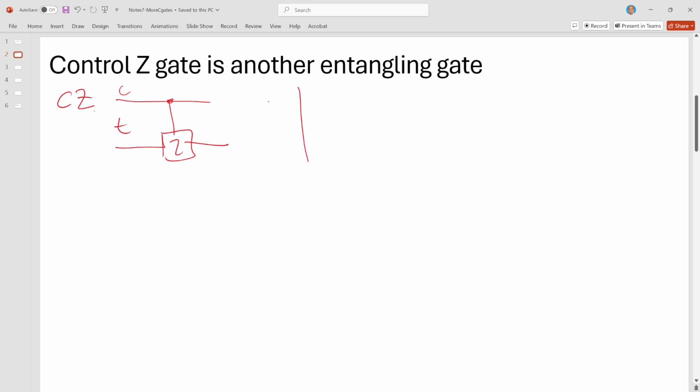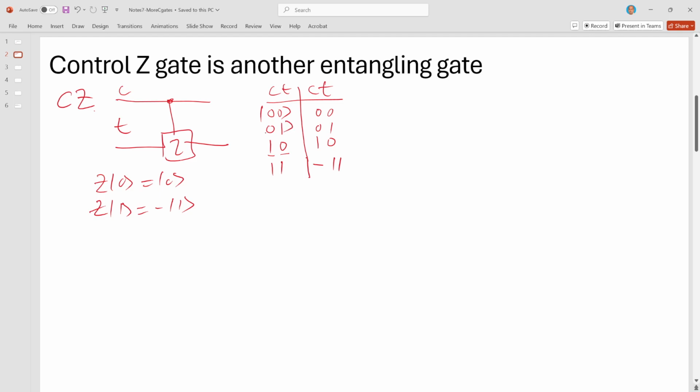So its truth table is this. Let's say this is the state of input qubits and this is the state of the qubits after output. So if the input is in 0 0, output is 0 0, 0 1, 0 1, 1 0, the output is still 1 0, because even though when control is 1, we apply Z gate to the target qubit, but Z gate does nothing to qubit in 0 state and gives a minus sign only when the qubit state is in 1. So 1 0 goes to 1 0 and 1 1 goes to minus 1 1. And in fact, I'm just using shorthand. These are all ket states